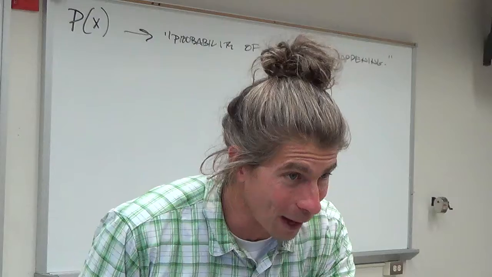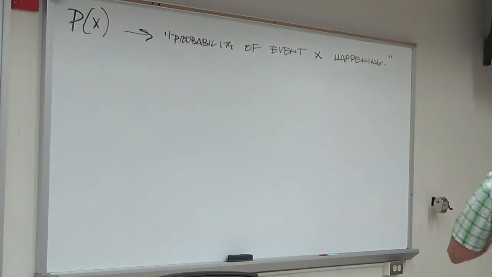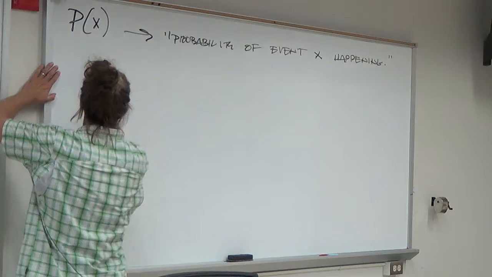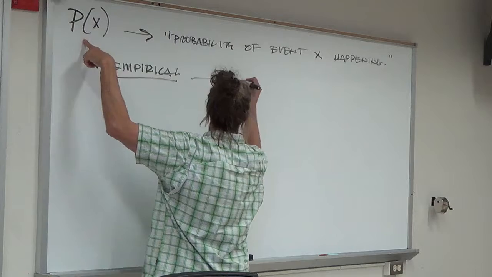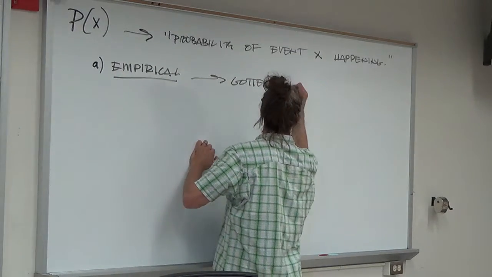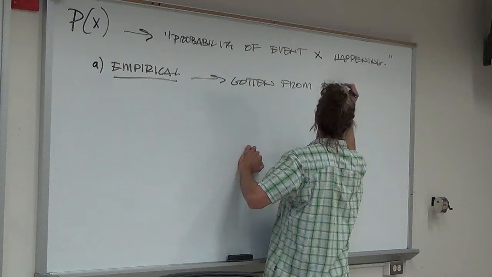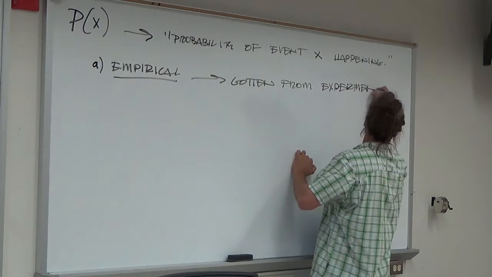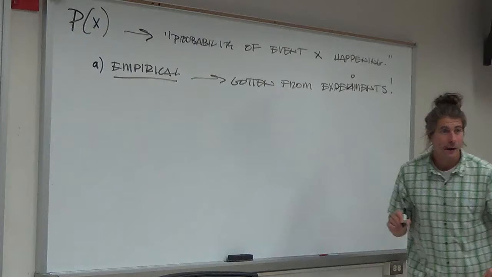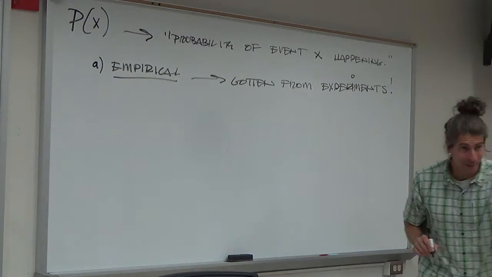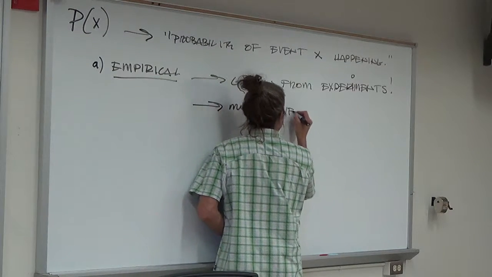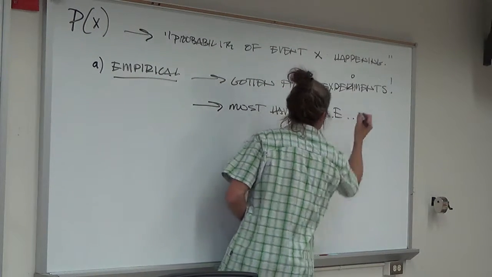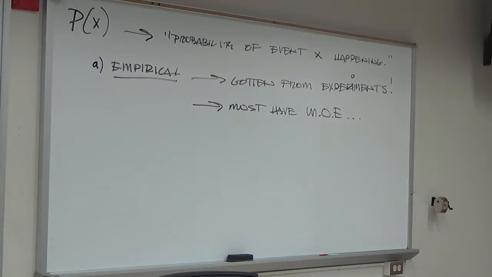So, what you just described, Riley, thank you for this, by the way, is the difference between empirical p of x's, which are gotten from experimentation, and because they're gotten from experimentation, Riley, thank you again, they must have a margin of error. They must. So when you read a Gallup poll, which many of you used Gallup on your exam,